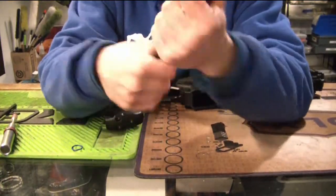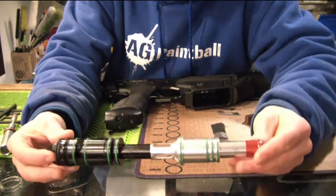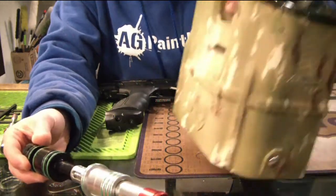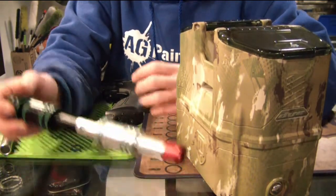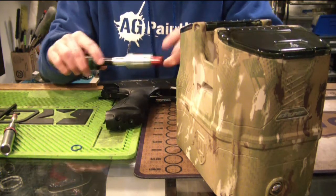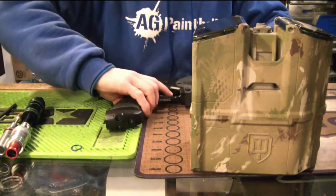Screw it back together. And there you go, that's it. That's how you install the complete upgrade system that comes with the die box mag. So now, I'm going to take this back out in a second, so I'm not even going to just put it back in the gun. But now, when you have it,